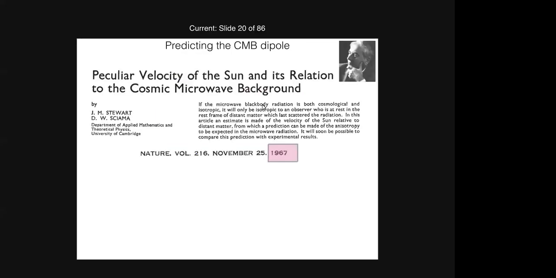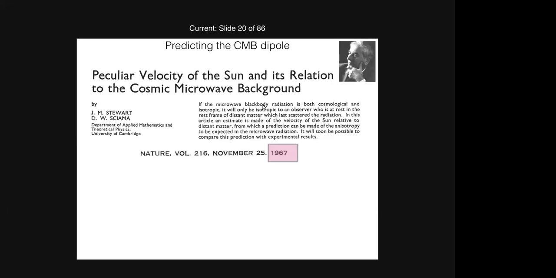In fact, for the very first time, even before it was really observed, it was predicted by Dennis Sciama. This is after the Penzias and Wilson discovery of the CMB. He said, well, okay, there is this CMB radiation that has been discovered. Now, if we have a motion, and we know that we have a motion, then it should give rise to a dipole. And how did he find out about our motion? He actually looked at the velocity data that he had. And I will show you what sort of data he was looking at.